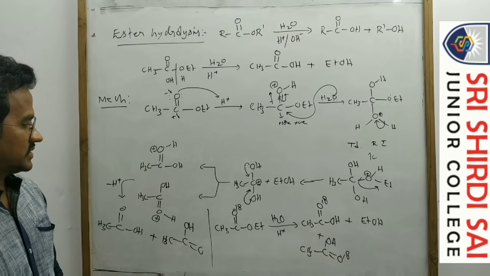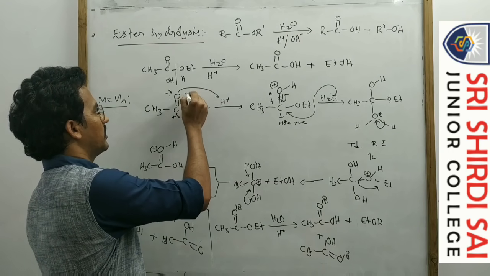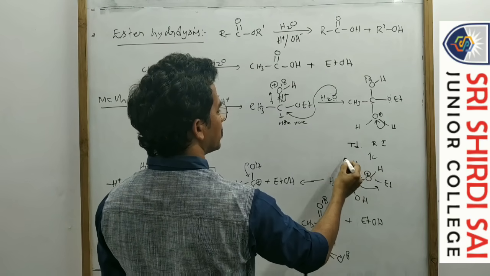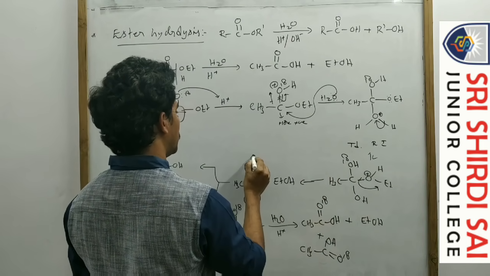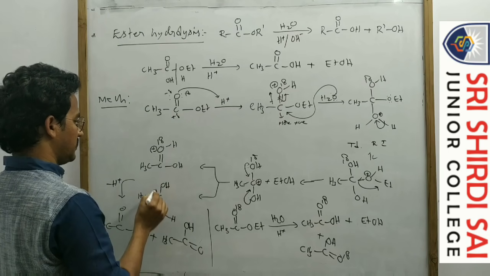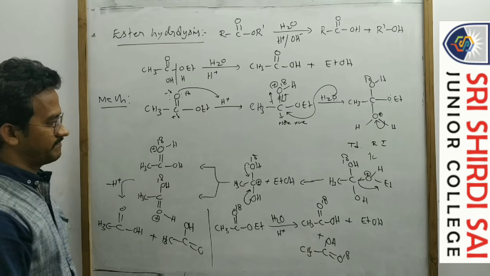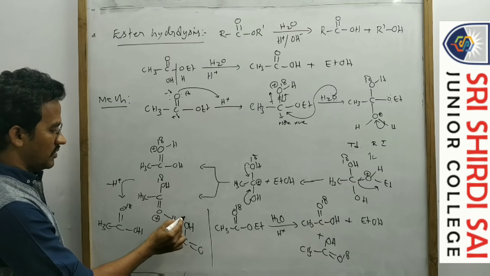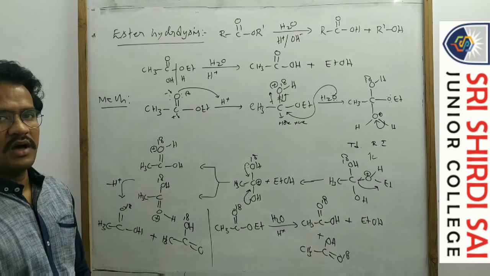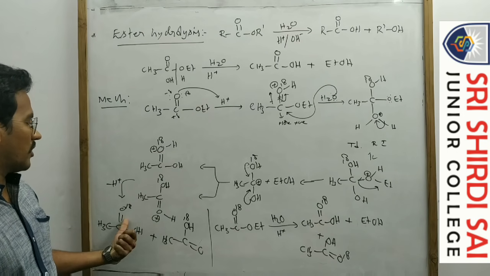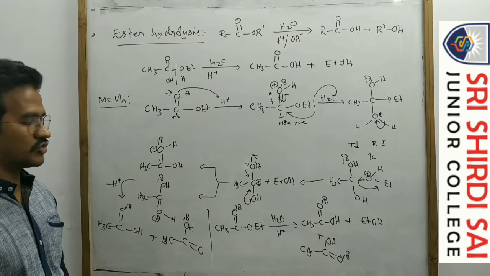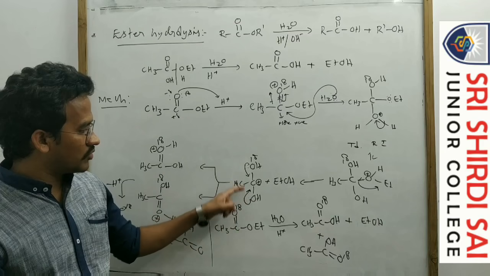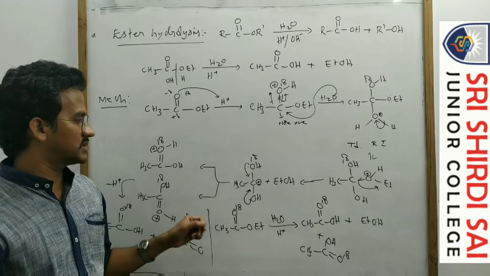Okay, so in this case, suppose I am taking this one 18 and this one again 18, and here O18, this one 18 and this one 18. Now from this one, the OH contains isotopic oxygen. In this case, the double bond oxygen contains isotopic oxygen. So here, the C double bond is formed from either OH. Okay, that is the key point in this case.